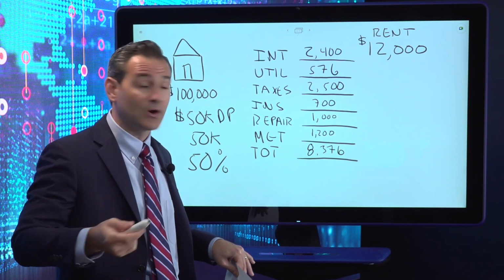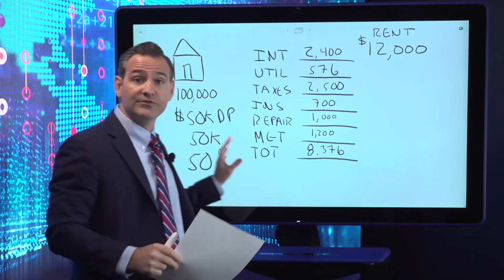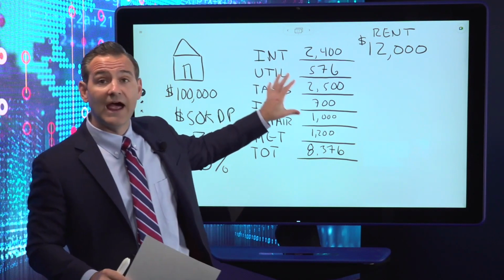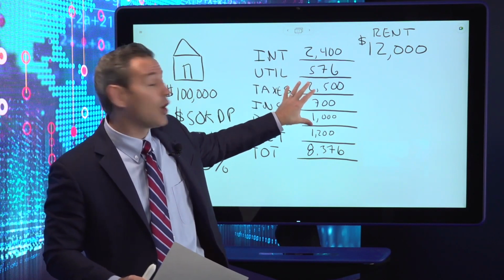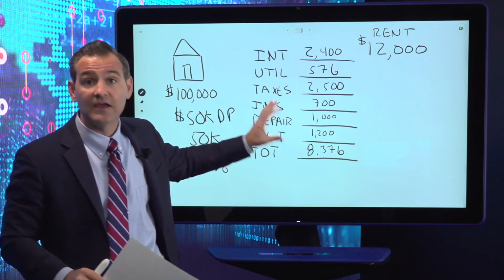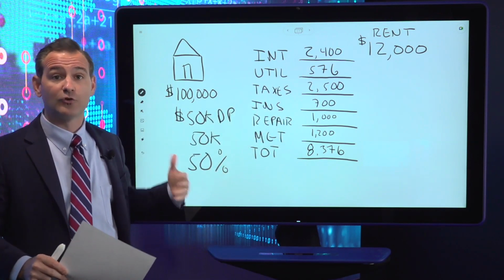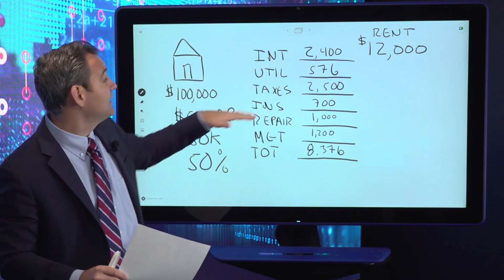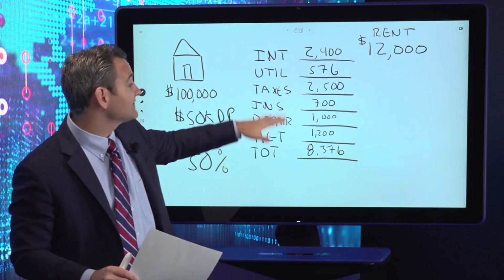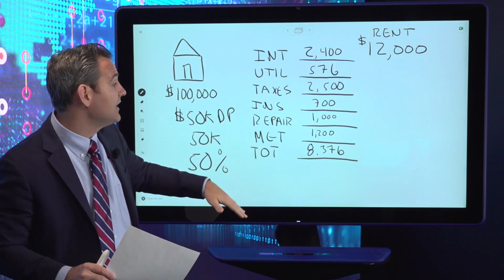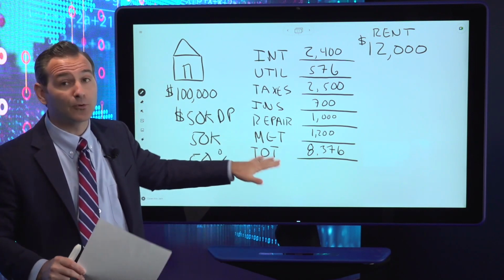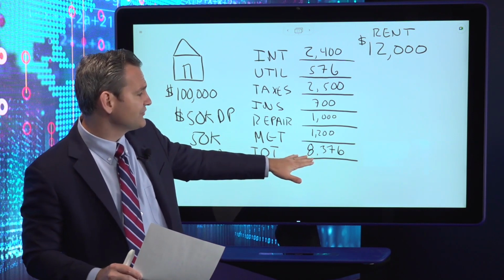Now, yes, I did say net profit. So this is one of the circumstances, because we have a tax liability associated with our IRA, that we can actually take advantage of writing off our operating expenses as well as depreciation. So quick calculation for you. Let's look at interest on a property like this. We have utilities, we have taxes, we have insurance, we have repairs, we have property management at $1,200, and our total operating expenses, you'll see here, is